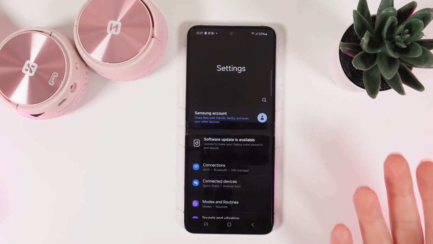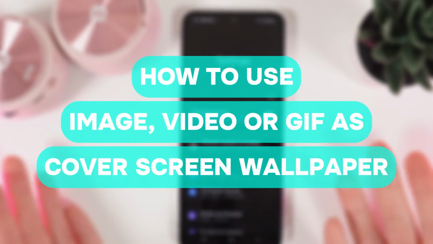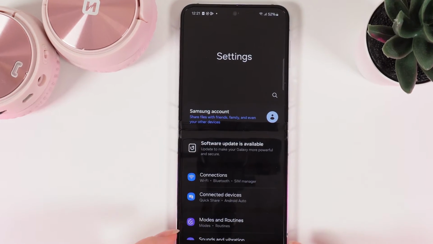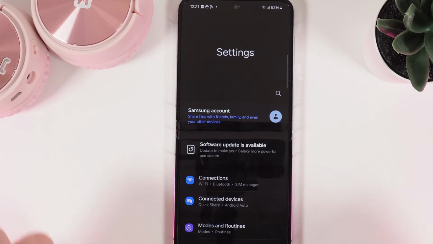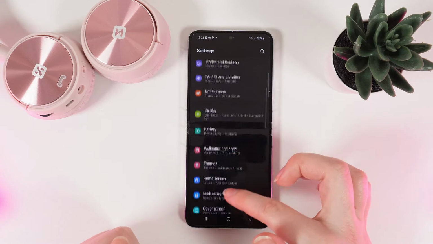Hello guys, and in today's video I'll show you how to use image, video or GIF as a cover screen wallpaper on your Samsung Galaxy Z Flip 5. Let's get started. So as a first step, open settings on your phone and scroll down until you will see